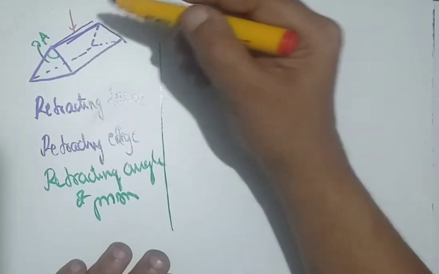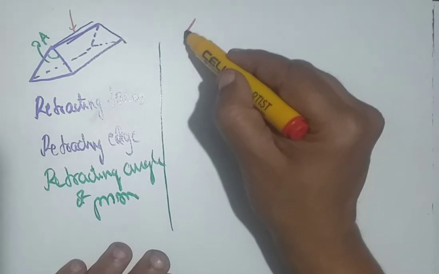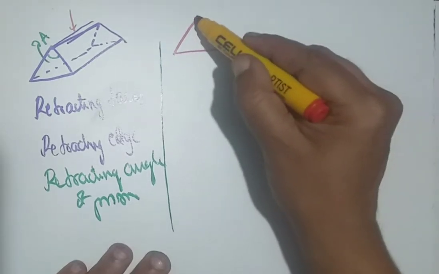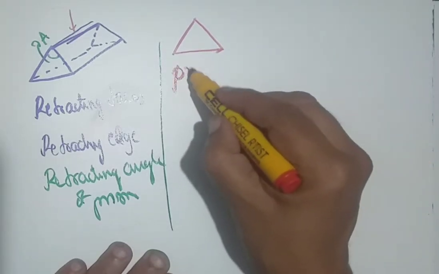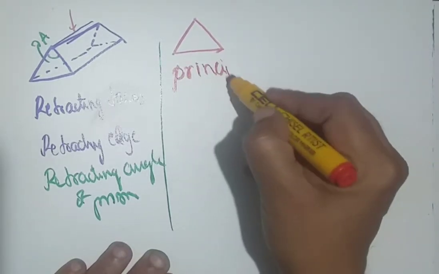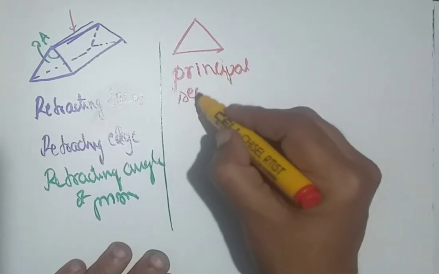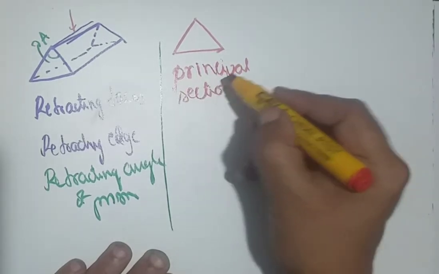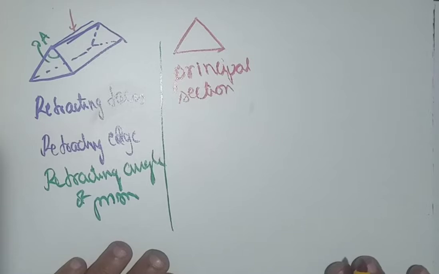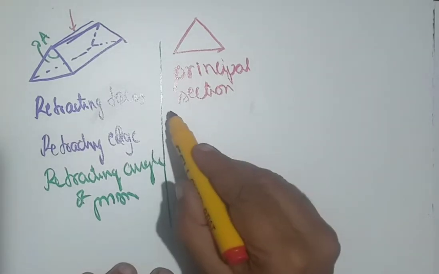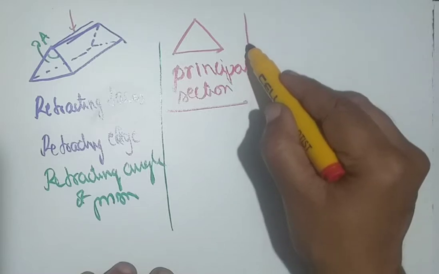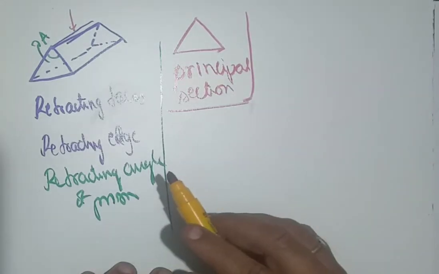like this to the refracting edge, then we get a triangular cross section. This triangular cross section is called as principal section of the prism. And for all geometrical diagrams, we make use of this principal section, that triangular cross section. So with these basic things regarding the prism, we start learning about the ray diagram, how the light passes through